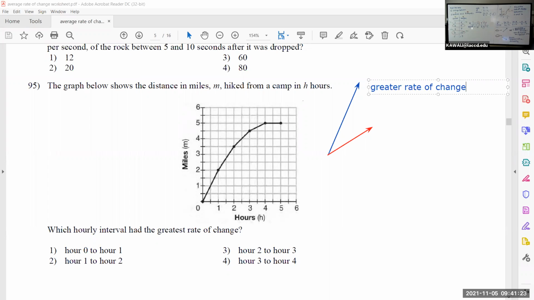Now it has a greater rate of change, not because it's longer, but it's pointing up more. So what we want to look at to see which one has the greater rate of change, at every interval, we want to see which one goes up the most boxes. So when I go from 0 to 1, I went up 1, 2, 3, 4 boxes. So I am looking at this arrow here. It went up 4 boxes. When I look at the next one,